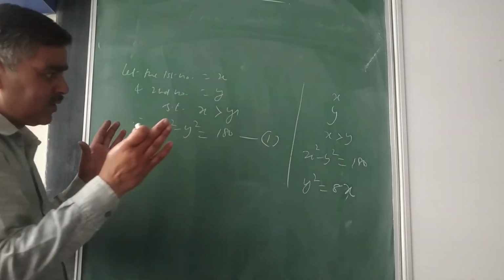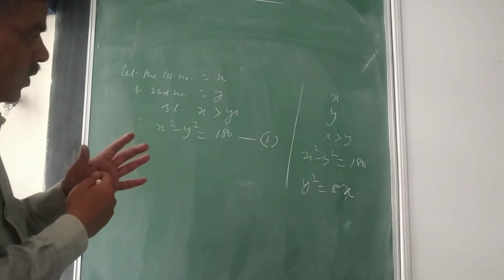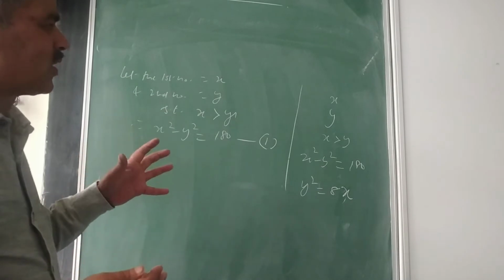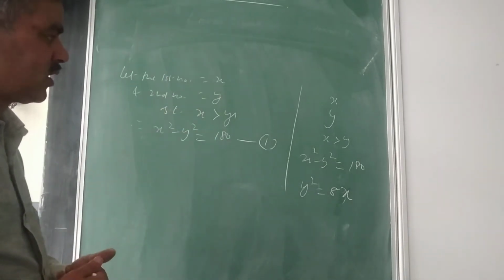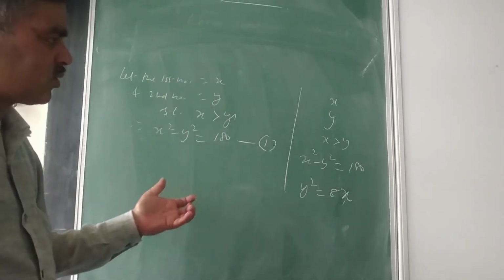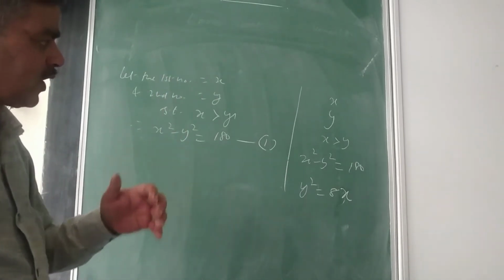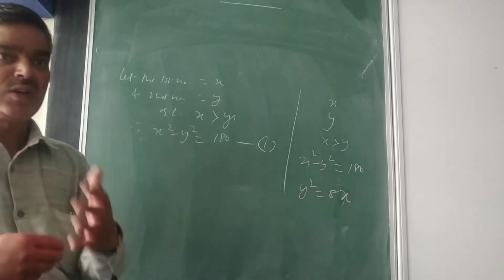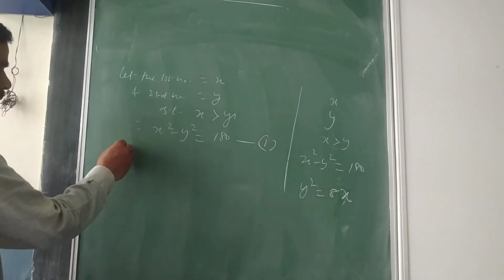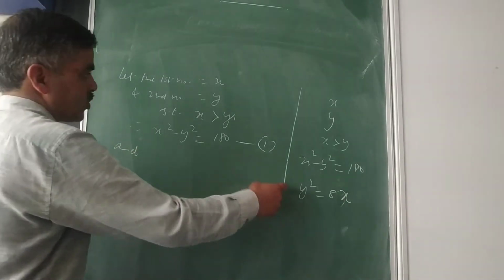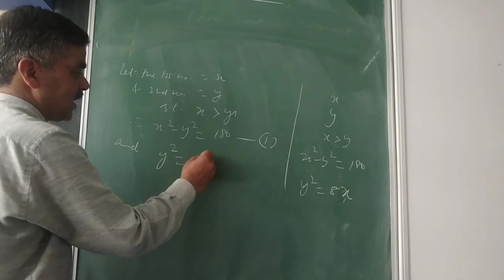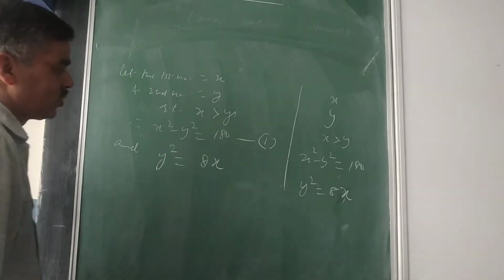So my point of discussion here is, this is a quadratic equation in which we need to proceed in one variable, but not mandatory all the time you have to start with one variable only. As per your own convenience, you can start with two variables, that you have to decide. The students who are finding it difficult to start with one variable only can start working in this way also. And it is given that square of the smaller number, now very clearly smaller is y, so square of smaller is 8 times the larger, that is equal to 8x.